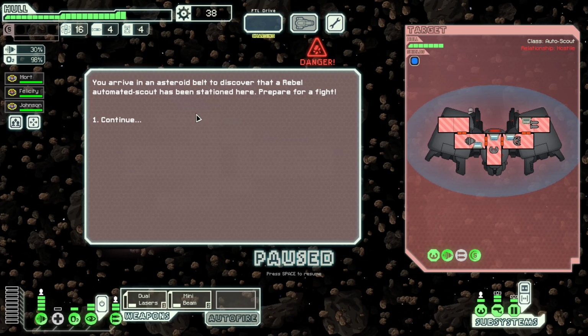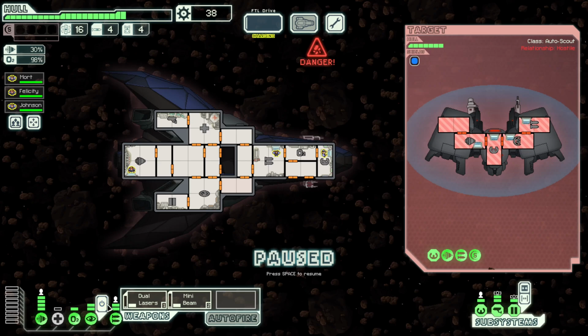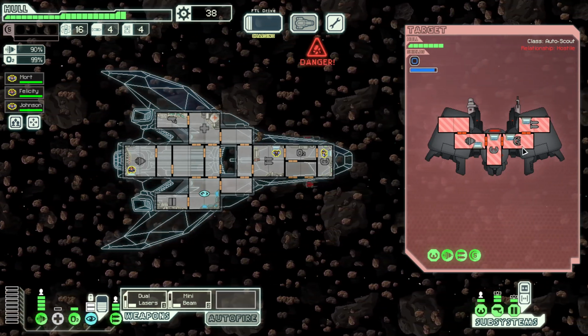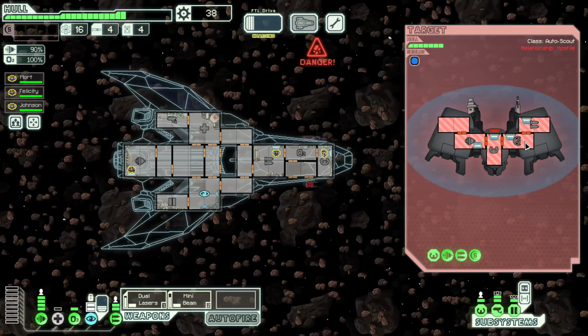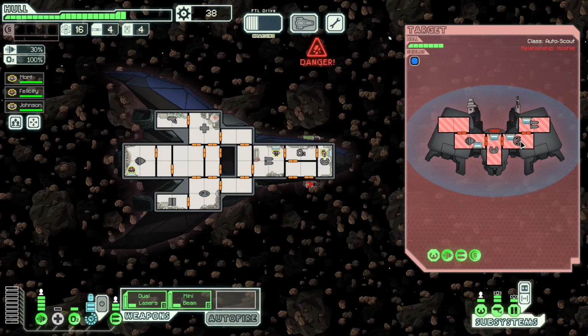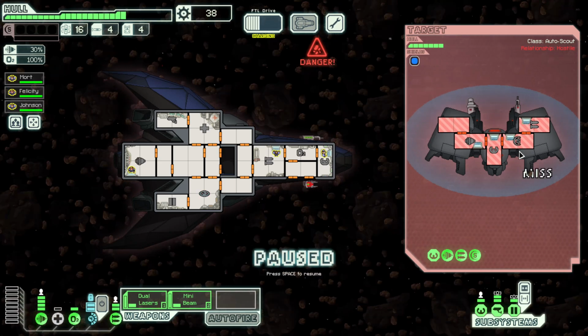So you arrive in an asteroid belt to discover an automated scout has been stationed here. Let's go and let's start cloaking. Yeah, in fact, if we can time this out well with an asteroid taking out their shielding, that's going to be very nice indeed. Alright, next one, does it hit? Misses. Okay, dual lasers. Let's target their... you know what? Maybe we target the weapons system? No, let's go for the...